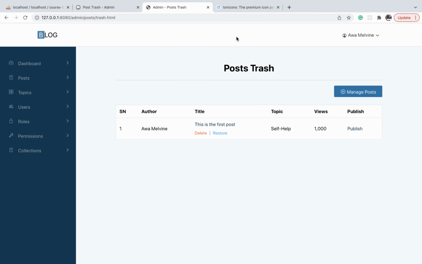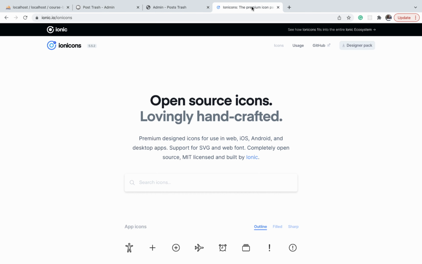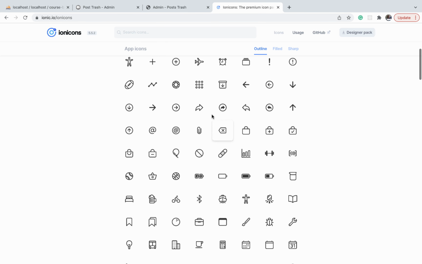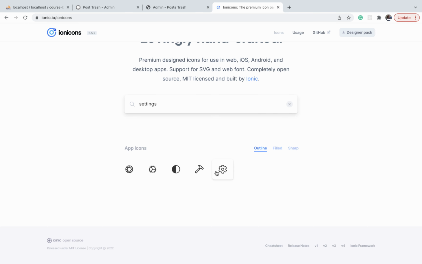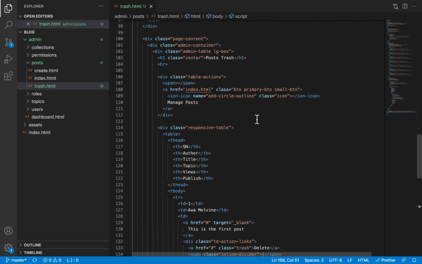All right, so this is what our trash looks like. The button here has a plus icon, which is not what we want. On the finished project, we have a kind of settings icon. So let us search for that icon on our icon library. So I will search for settings, and then I click on this one, click on the code snippet to copy it, and then I'll replace the